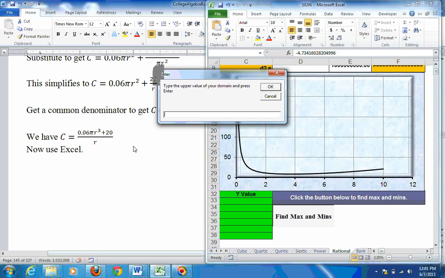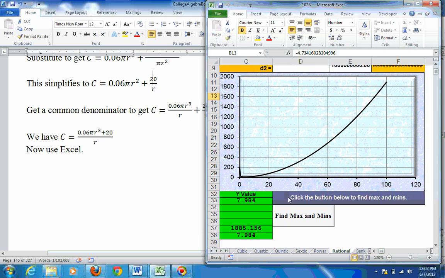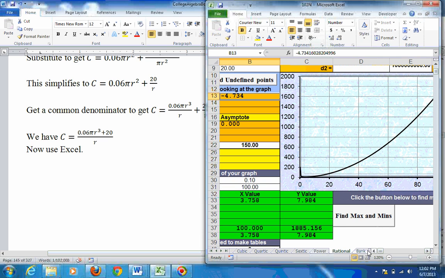You can go as high as you want on this. If you want to go 100, or 10, whatever you like. It's how many inches or centimeters wide this radius is going to be of this can. So 100 centimeters is really, really wide for a can, but if you want to do that, you can. And then as soon as you get that in there, it works it out, and it finds that lowest